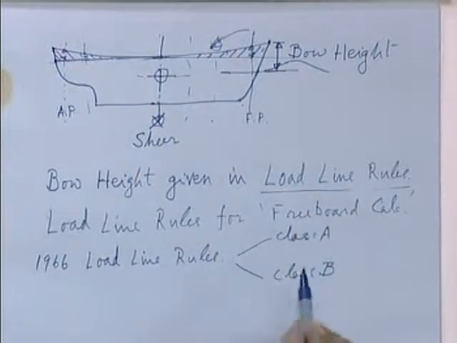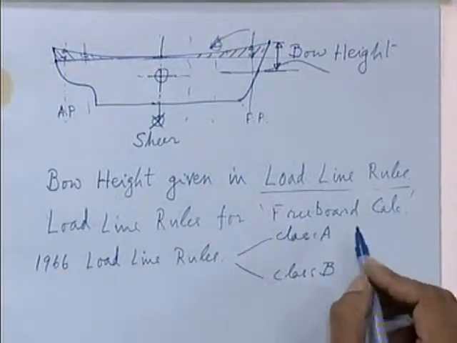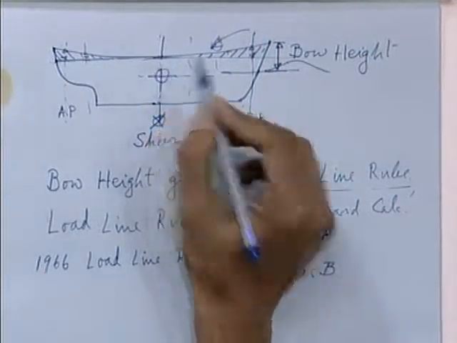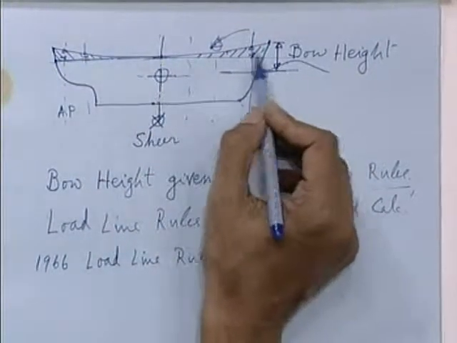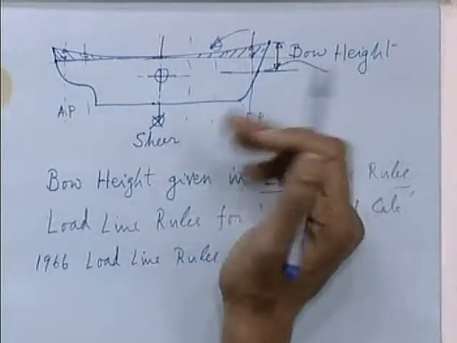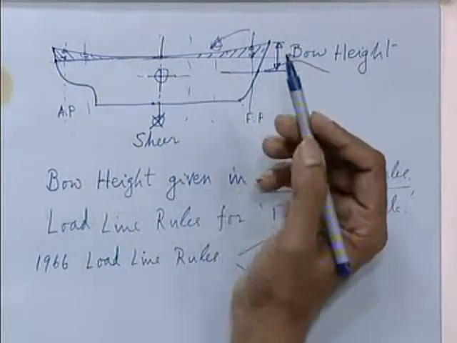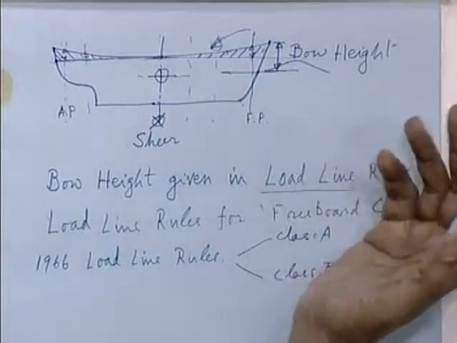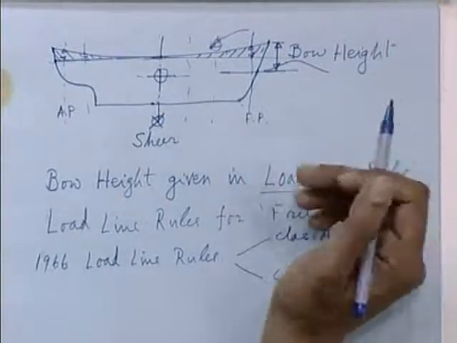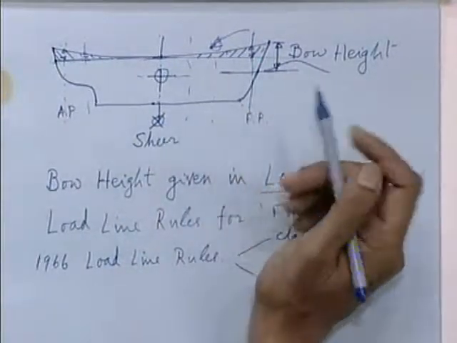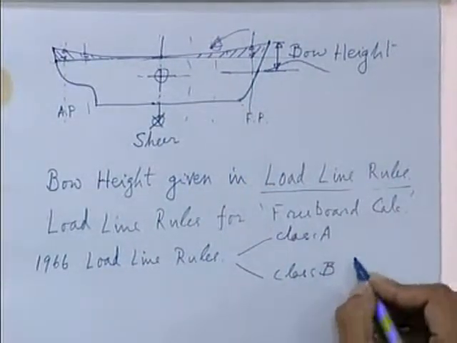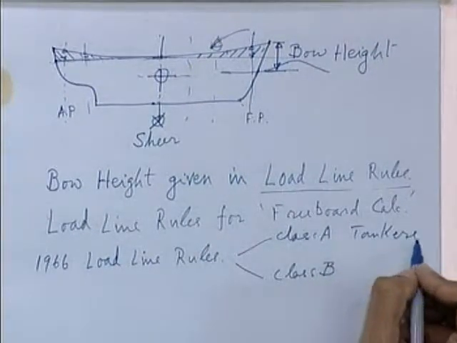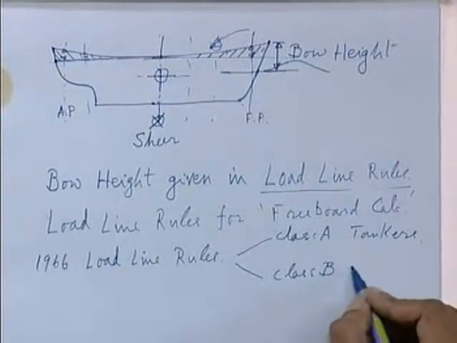This class A freeboard is given to tankers and ships carrying liquid cargo because they are entitled to a minimum freeboard by the nature of their openings on the deck. Tankers you will find very little openings on the deck, isn't it? Because they have to take in only the oil pipe or the cargo delivery pipelines. It doesn't require much hatch opening. Whereas class B ships, you have cargo ships,